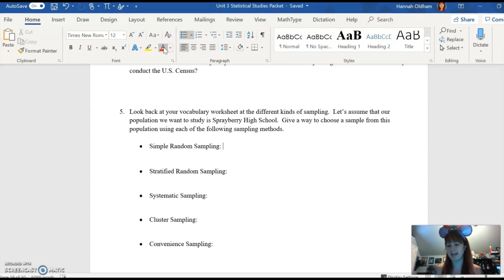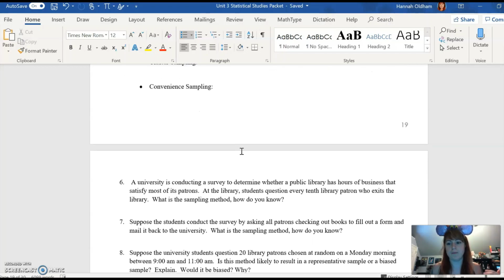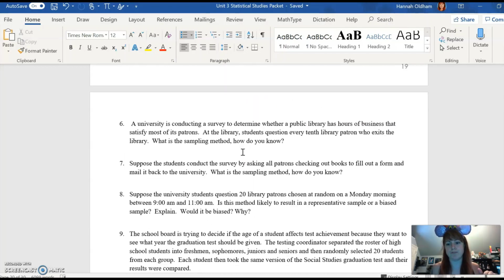We do a census of the school whenever we do those 100-question-long health surveys where it's like, I do drugs all the time, strongly agree. And remember, there's like 100 questions of those. That's a census. Every single student in the school has to do that. But just because it's a census, that's not great data because a lot of you just lie and don't take it seriously. So it might be better to do a sampling anyway. Okay, so I'm going to walk through these 5 sampling methods on page 19, and then you guys are going to be responsible for page 20.